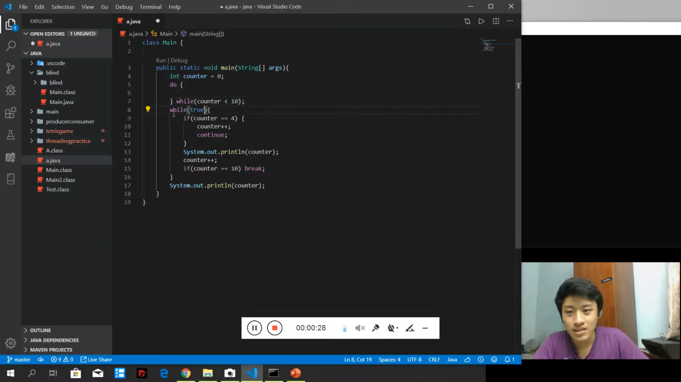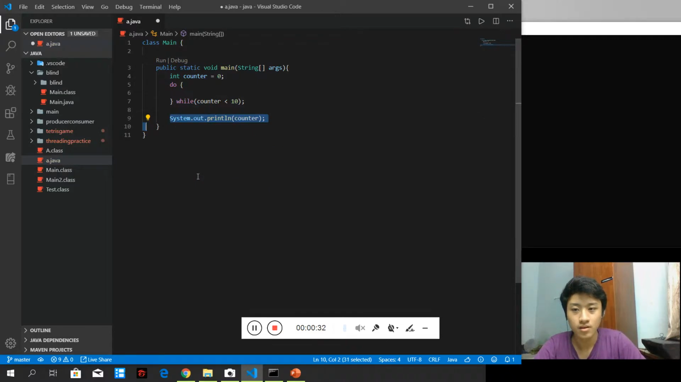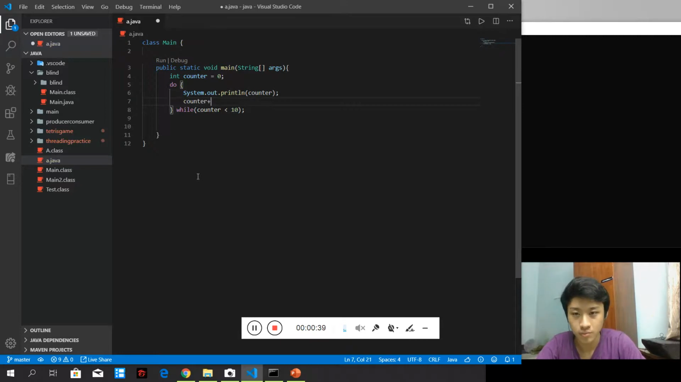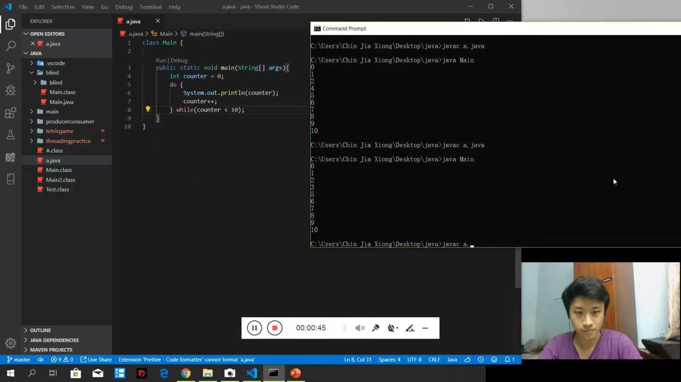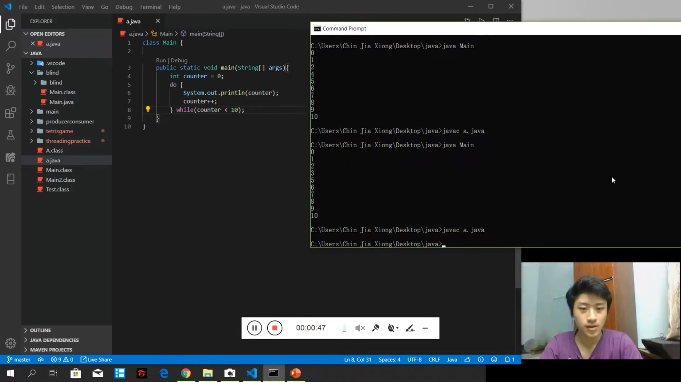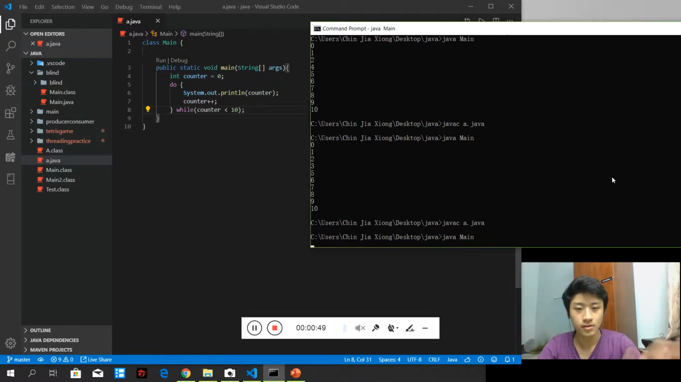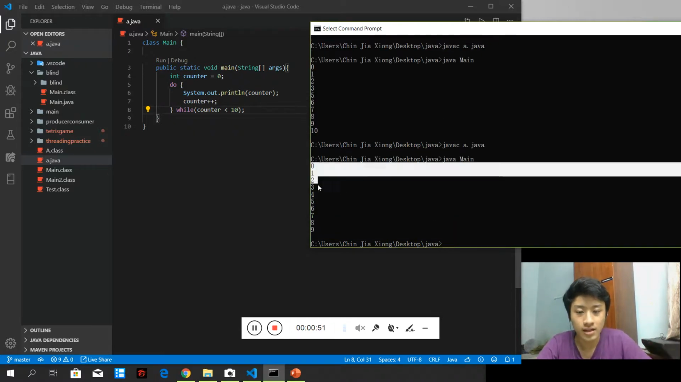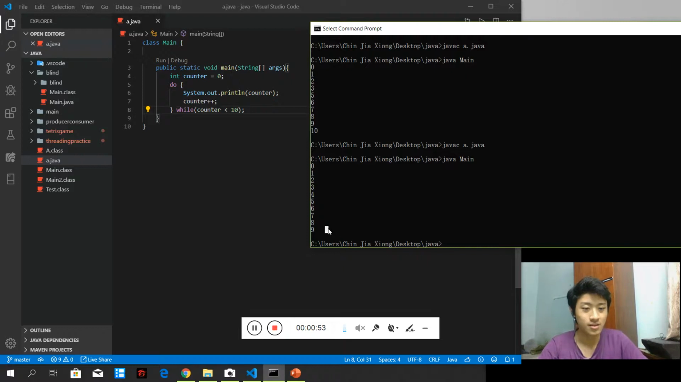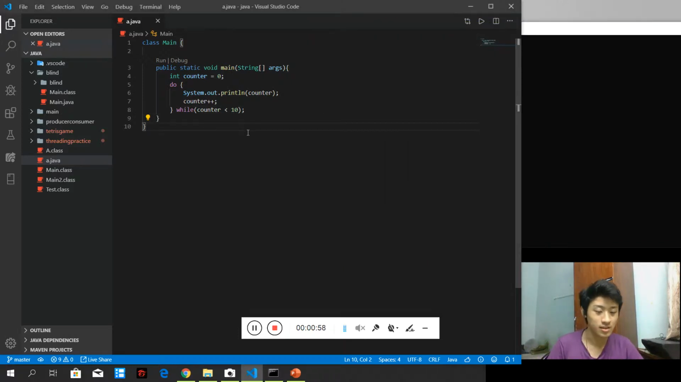I will do everything inside. So what it means here is that I do the counter incrementation here, I print, then counter plus plus. Let's see what it will print. It will print the exact same thing as the normal while loop, but the actual implementation, the actual checking